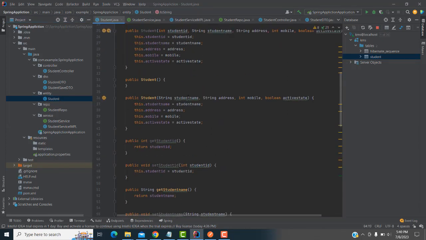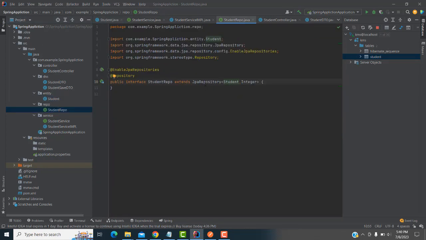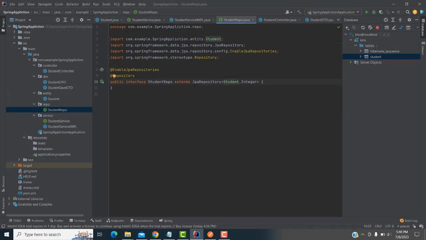It will communicate with the database, the record, all the things we are doing here. It will be passing to the repo. It will fetch the data, add the data, edit the data. All the things will be handled by the JPA query, right? This is a query handling method, right? So here you can see